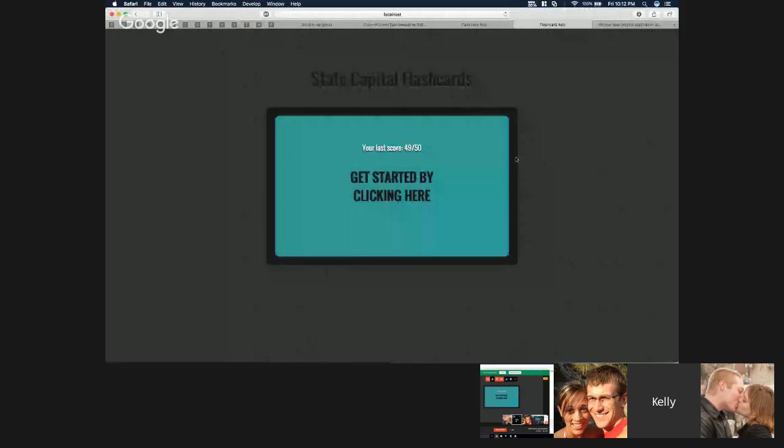All right, and through all of that, through coming together as a team and becoming united in a single idea, and being able to focus on something that we can realistically produce, we came up with a state capital flashcards app. I'm going to show it to you now.